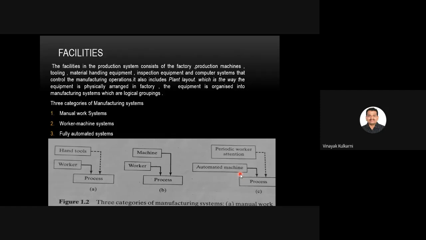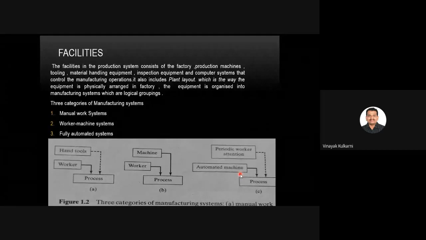Examples of production-related manual tasks involving hand tools include a machinist using a file to round the edges, and a quality control inspector using a micrometer. You have seen most of the workers on the lathe machine normally use a micrometer. Even in our college, when we are in the machine shop, we always use a vernier caliper to check the diameter, how much we have machined. This comes under the manual work system.